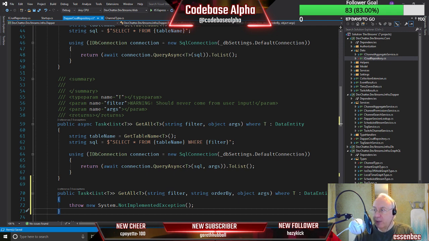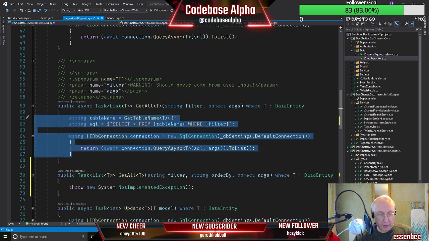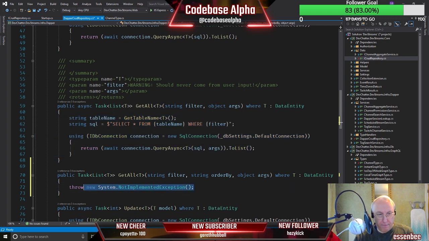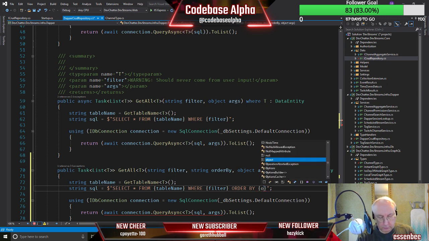We don't have to have an array of strings necessarily. We can revisit that and have a look. Let's just grab exactly the same code. And in order by, order by.